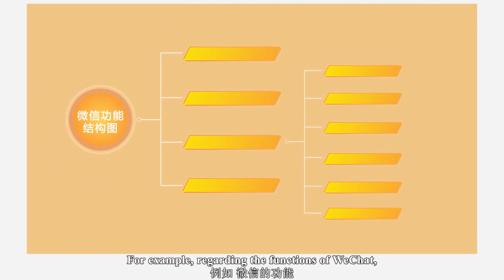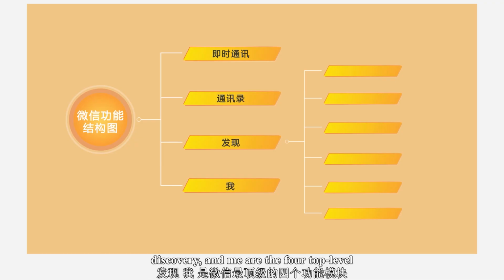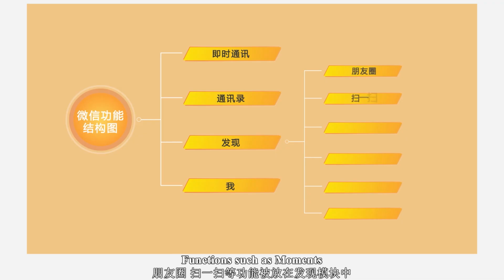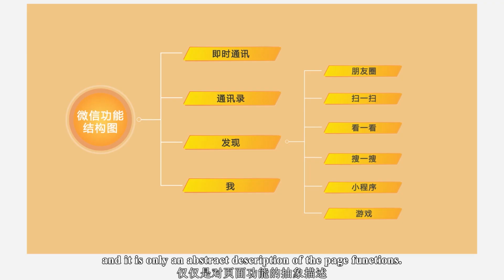For example, regarding the functions of WeChat, from this diagram, we can see that instant messaging, contacts, discovery, and Me are the 4 top-level functional modules of WeChat. Functions such as Moments and Scan are placed in the Discovery module. The detailed fields corresponding to the pages are not listed in the diagram, and it is only an abstract description